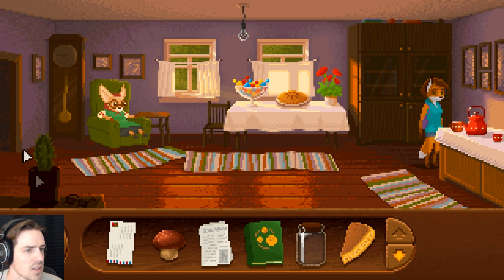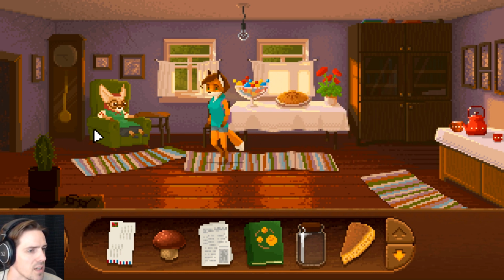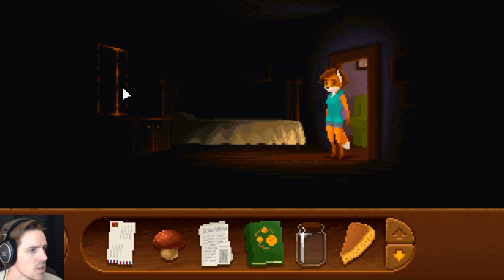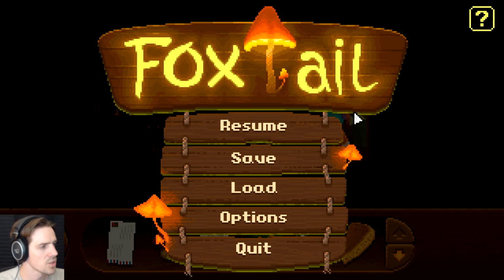Light, clock, cactus. Nope. Let's explore your house, Grandma. Let's rob everything we can. Guess this is a quest, clearly, not some minor errand. It's dark. Do we need a flashlight first? I won't poke around Grandma's personal stuff. Okay. Poke around her public stuff? I don't know. Fine. Okay. Oh, good gravy, these wait times. Is there an option...